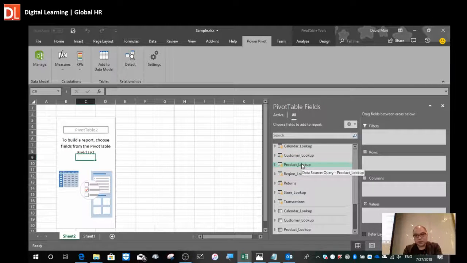Again, product lookup, right click, show in active tab. Returns, right click, show in active tab. Store lookup, right click, show in active tab. Transaction, right click, show in active tab. After I did this,